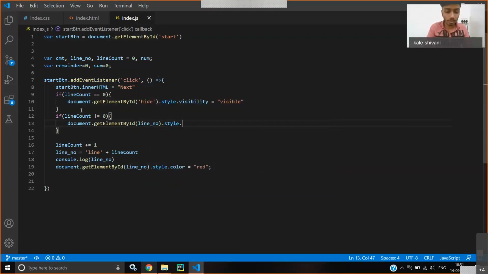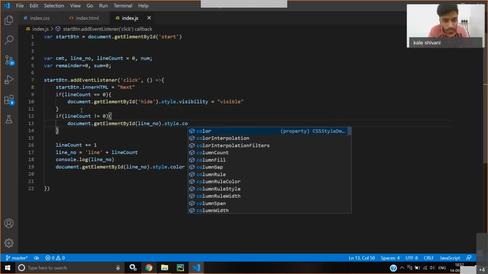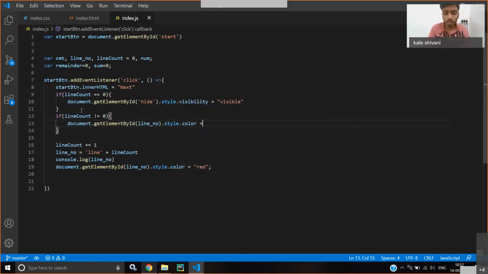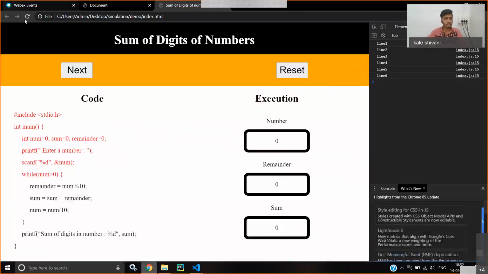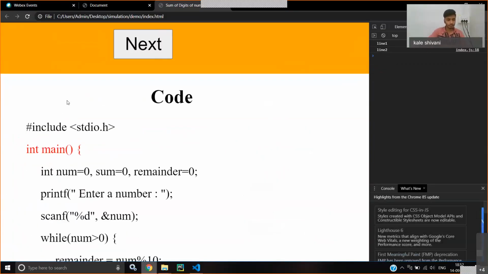So style dot color equal to black, so we'll set it to black. Now you can see start. Okay, so now you can see whenever I click next, the next line gets printed and the color of the next line gets changed and the previous line becomes black again.